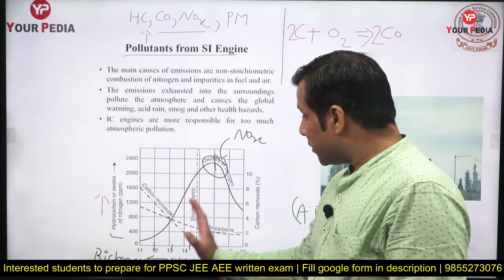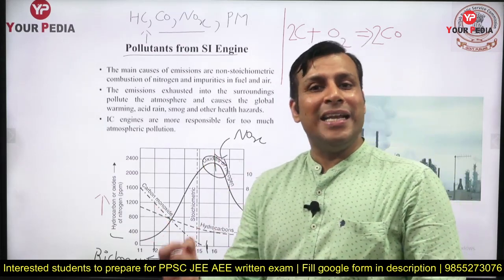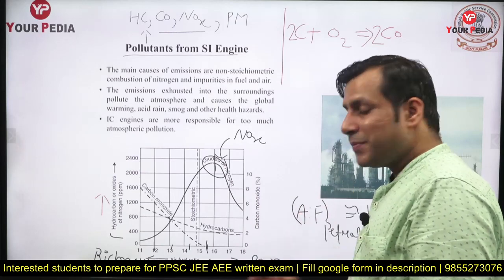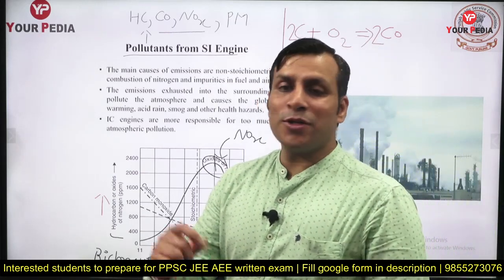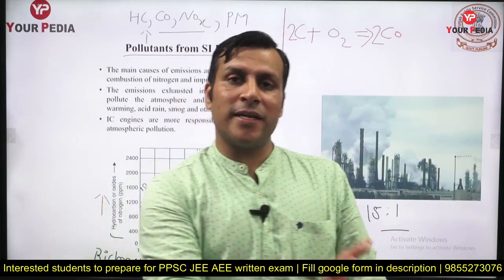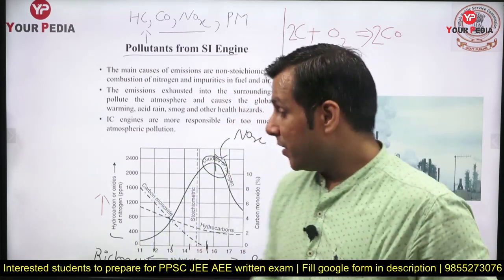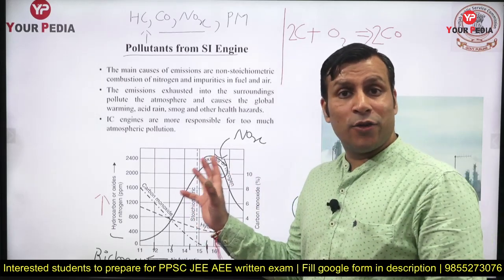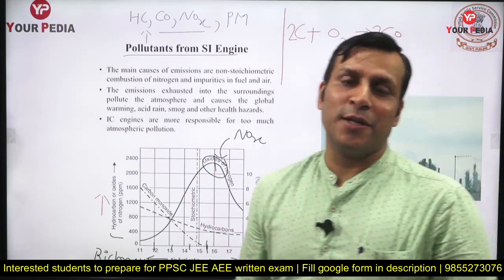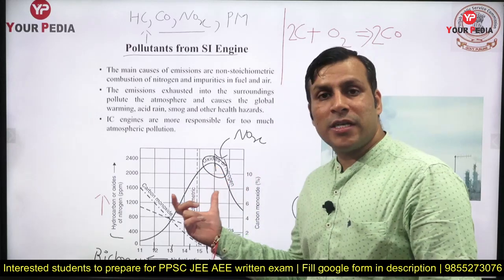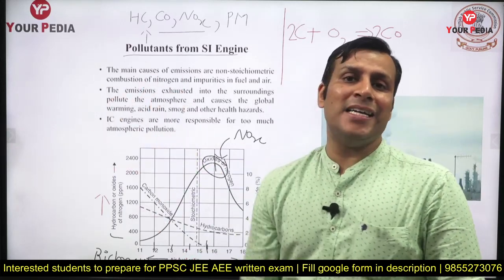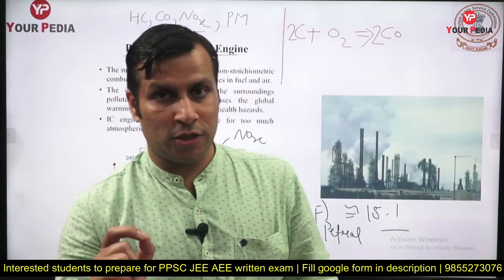Nitrous oxide emission will be there with the slightly lean mixture, but why not very lean, guys? Because nitrogen and oxygen are required for making the nitrous oxide, and they combine at a very high temperature. So there are two conditions. One, the excess availability of oxygen. Second, the high temperature. If there is excess oxygen and at the same time very high temperature inside the engine, NOx formation is going to take place.